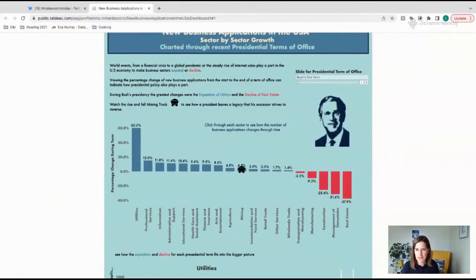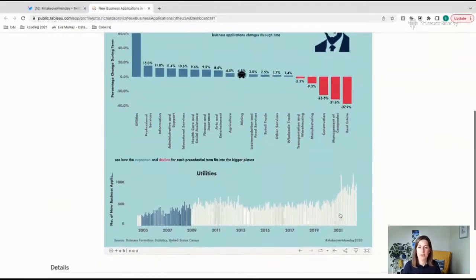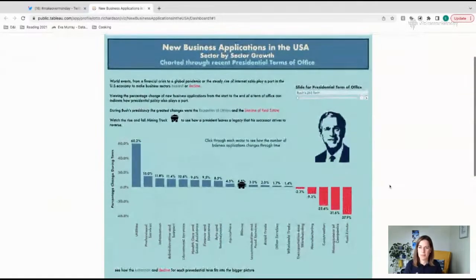I think it's interesting, but I also am a little bit skeptical of just how much influence a single president, which is the suggestion here, has on new business applications. Yes, the president kind of runs the government, but there is so much that goes into whether an environment is suitable for opening a business and is inviting new business growth beyond who is in charge.